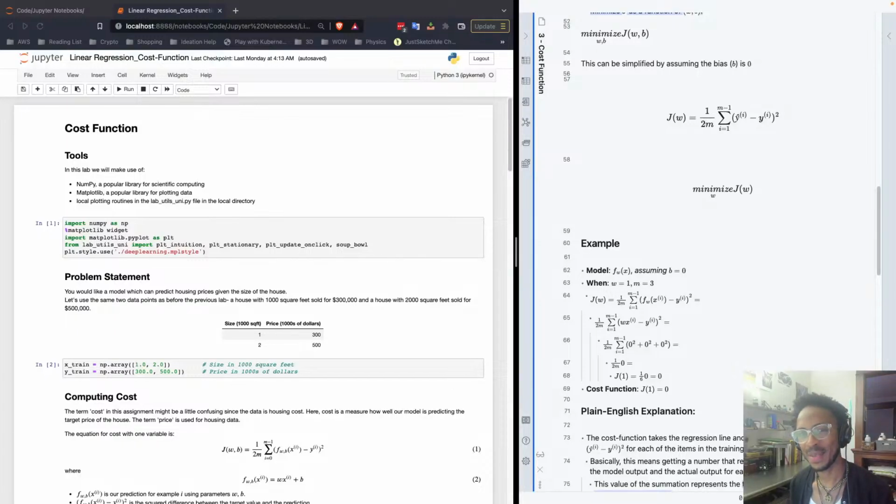Hey, how's it going? My name is Keith Clark, and today I'll be explaining the cost function. We're going to be looking at a Jupyter Notebook, and we're going to be using that to understand what the cost function of a linear regression is, how it works, and I'll be showing you how I visualized it using